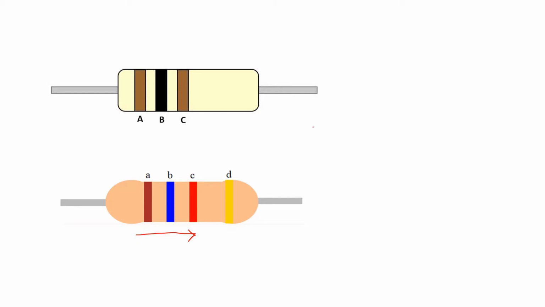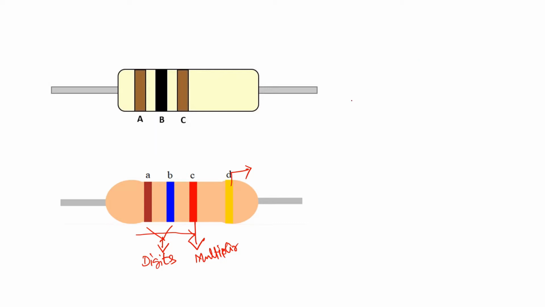Now there are various colors. Before proceeding with the colors, let's consider the first 2 colors. They actually signify the first 2 digits for the resistance value, and the 3rd color is associated with the multiplier or the multiplication factor. And as far as this 4th color is concerned, I hope you continue to see the video till the last portion, because in the end section we have discussed it properly.